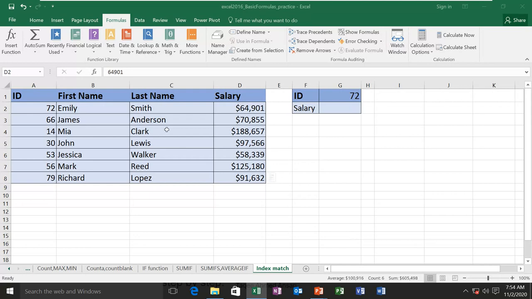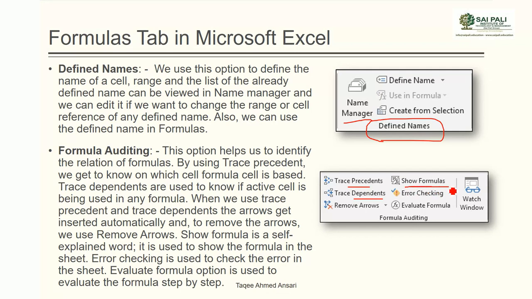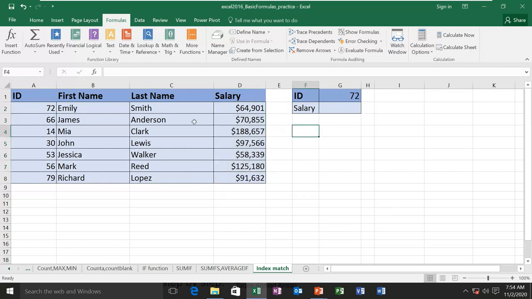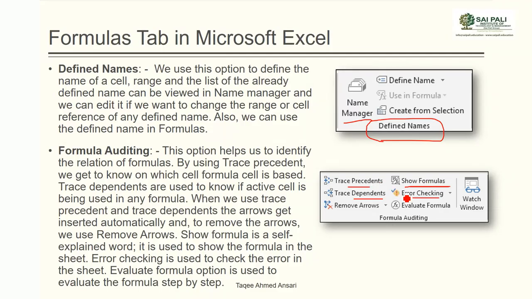Also we can enable show formulas. By default when you see the sheet, you don't know where the formulas are applied. So you can click on this command to show all the formulas available on the sheet. Then if some error comes in the sheet, you can check. Or sometimes if you have lots of data, you don't know where the errors are, so you can check the entire sheet. It will scan the sheet and show you where the errors are. And this is also important, where you can evaluate the formula. If you run some complex formula and you don't know how it is working, then you can evaluate it step by step.